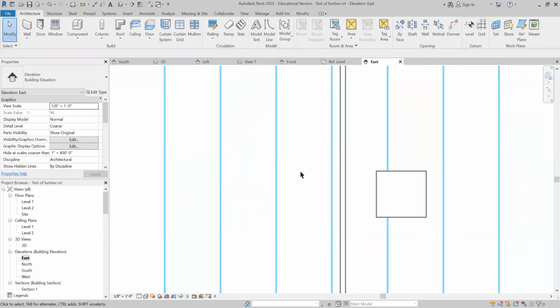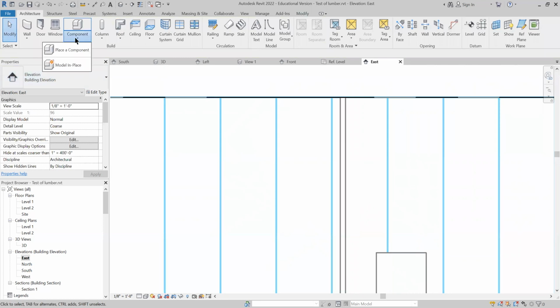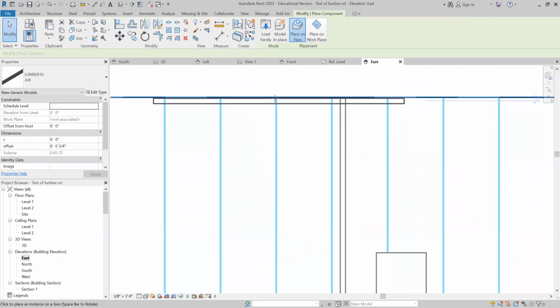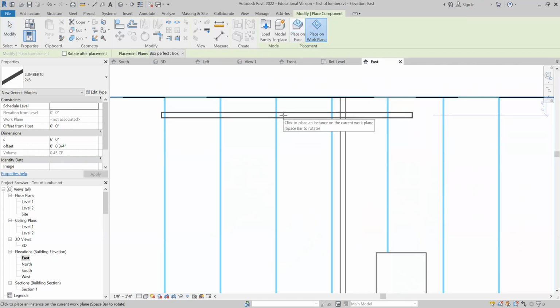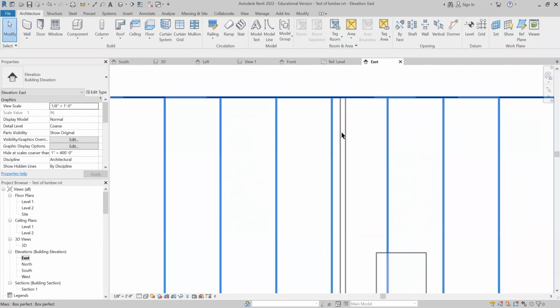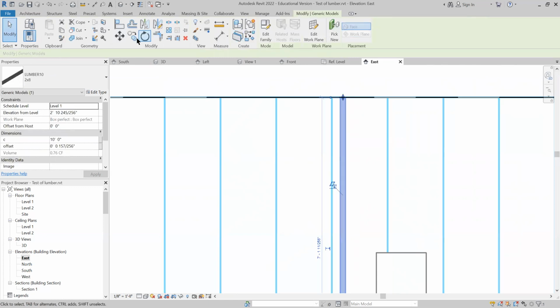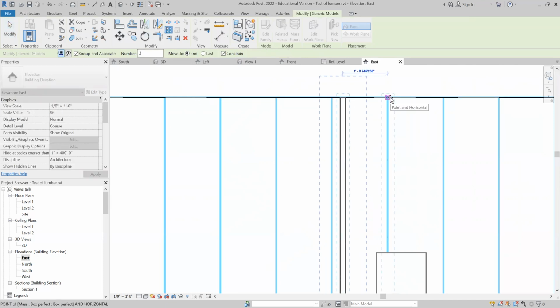Now, in order to do a wall, there's a number of ways I could do that. Looking at this view, I could place components on each of these, place them on a work plane. I can take this one and array it. Put in 1 foot 4 inches for 16-inch spacing, and